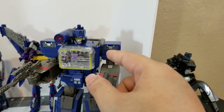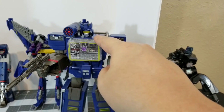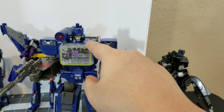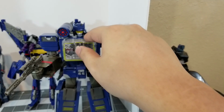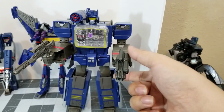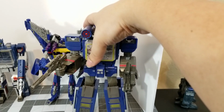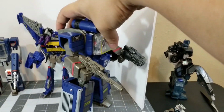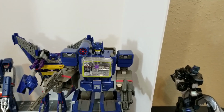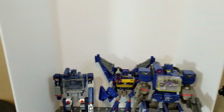Sorry, this is not Titan's Return. It is based on the Titan's Return mode, but this is actually the Bumblebee Target exclusive Soundwave, not Titan's Return. And he does turn into a boombox. He is my tallest Soundwave in possession. And then finally,